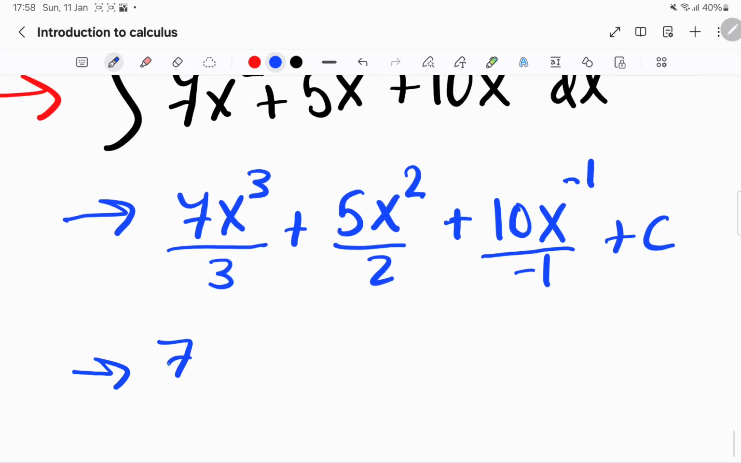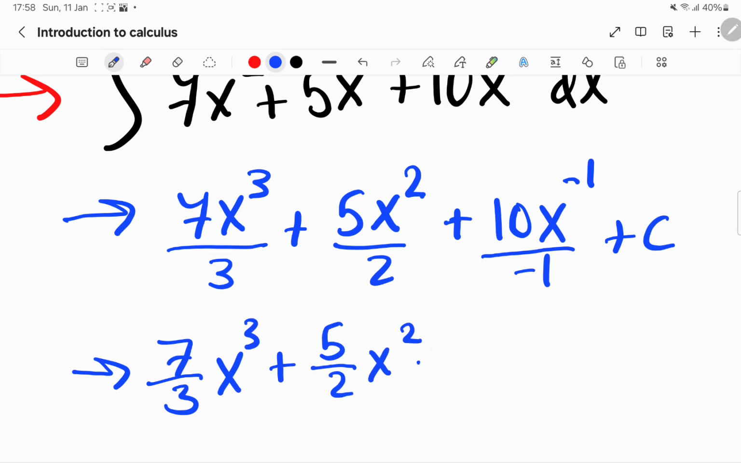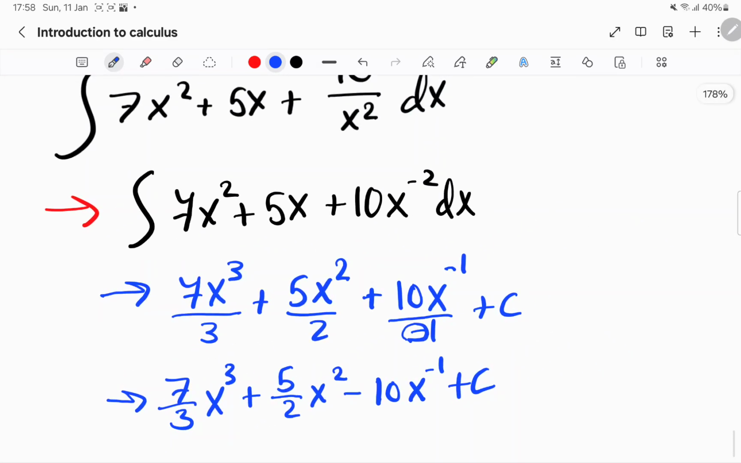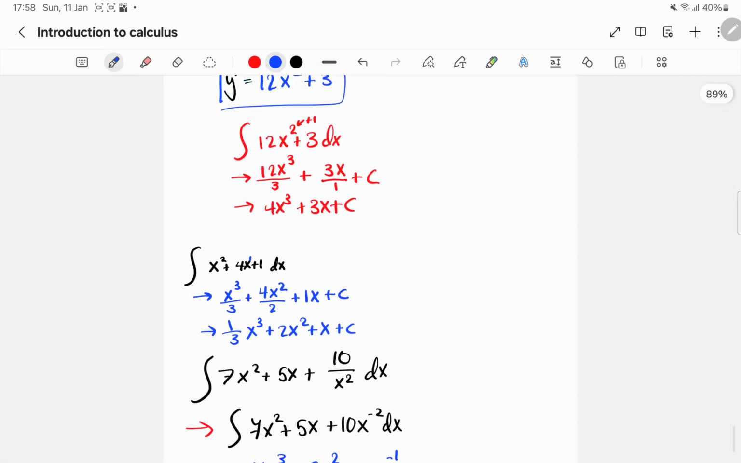That gives us 7 over 3 x cubed plus 5 over 2 x squared. Again, because you're dividing by minus 1, it's minus 10 x to the minus 1 plus c. That's your final answer. And that's it for the